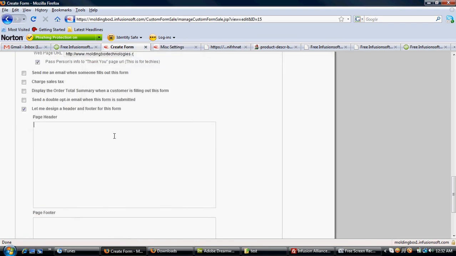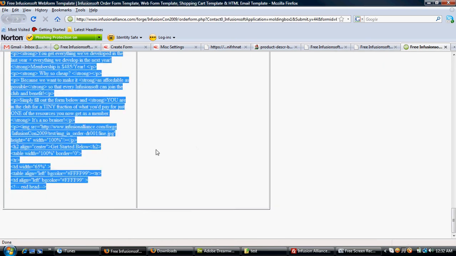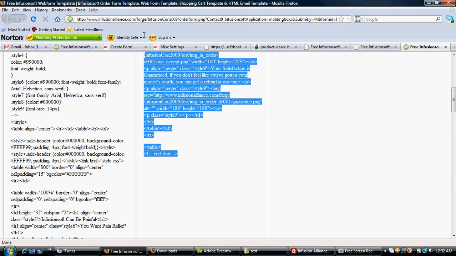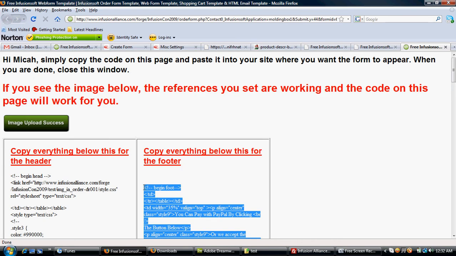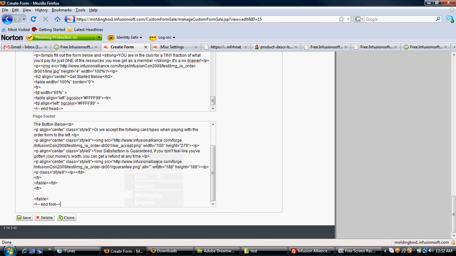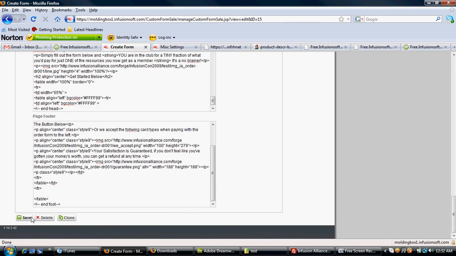So again, back here, I copied the header code. I'll paste that in there. Now I'm going to come back to this page and copy the footer code. And I'll paste it in right here. So this page that was ugly, now as soon as I save that, since I've got my images in the right directory,